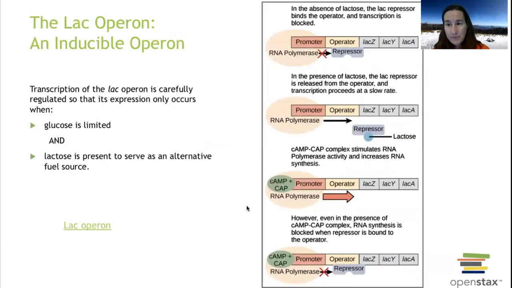Inducible is our third type of operon. So this is going to have certain specifications, boxes that it needs to check for gene expression to happen. So it's not just an on or an off. We have to make sure certain parameters are happening. So when certain parameters are happening, we said that, say glucose gets low.